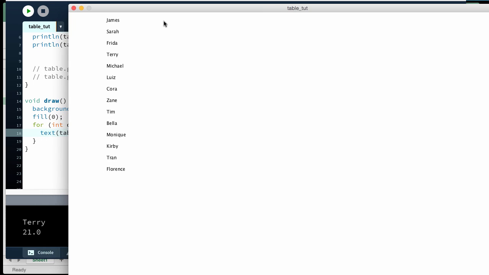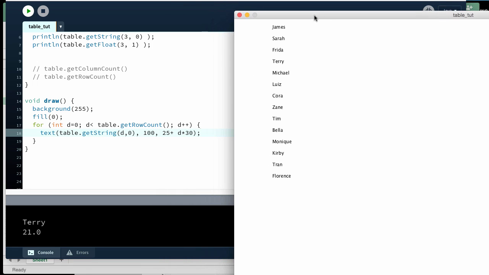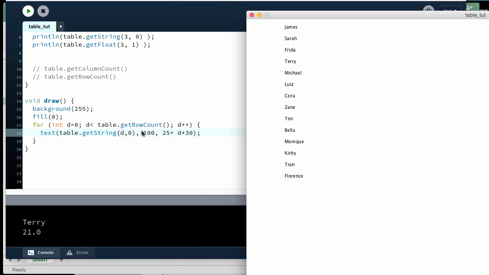Okay, there we go. James, Sarah, Frida, Terry. It's going through the entire list. In case this math is a little bit weird to you at the end, the 100 here is going to be the X position, or 100 pixels over from this left edge. The 25 here is going to be 25 pixels from the top of this edge down to the bottom of